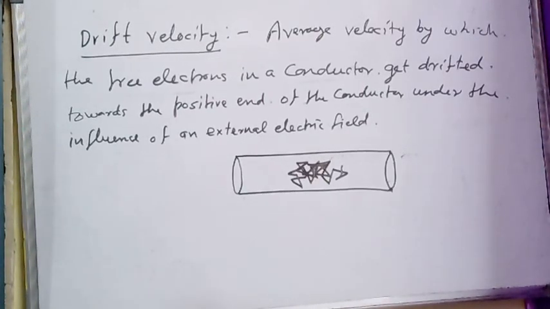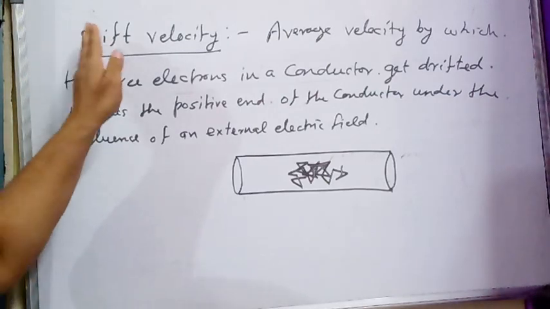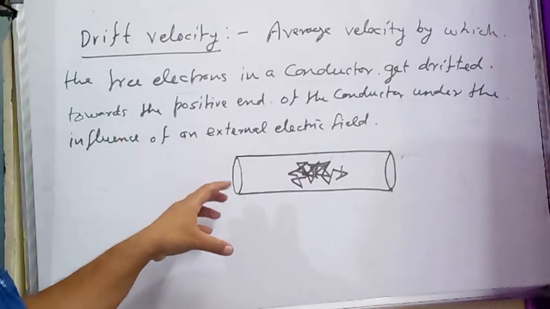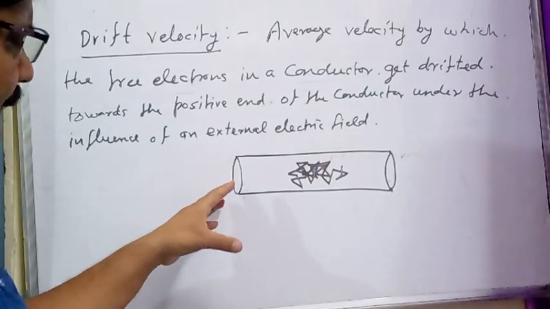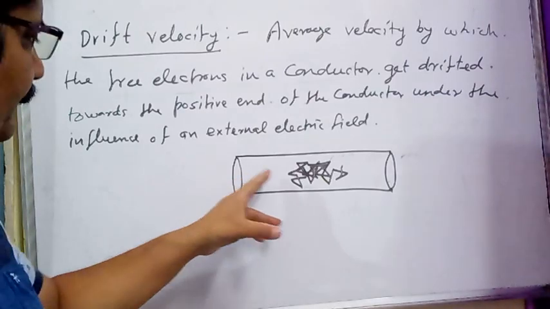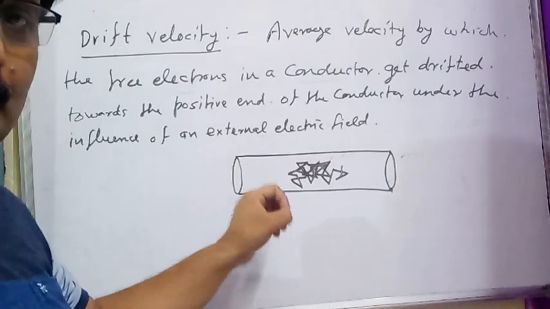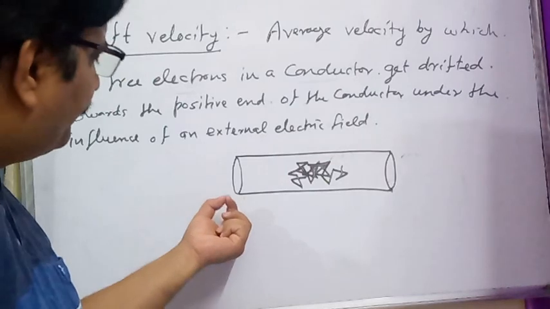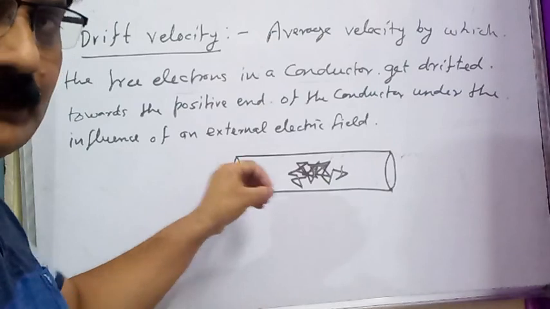Let's see what is drift velocity. Drift velocity of electron. From this topic onwards, we are going to concentrate on the flow of electric current in solid conductors basically. How current is established or flow of charge is established in a solid conductor. For the current flow in a solid conductor, the most important thing is availability of the free electrons in that material. And as we know, free electron density is very high in the case of metallic conductors.